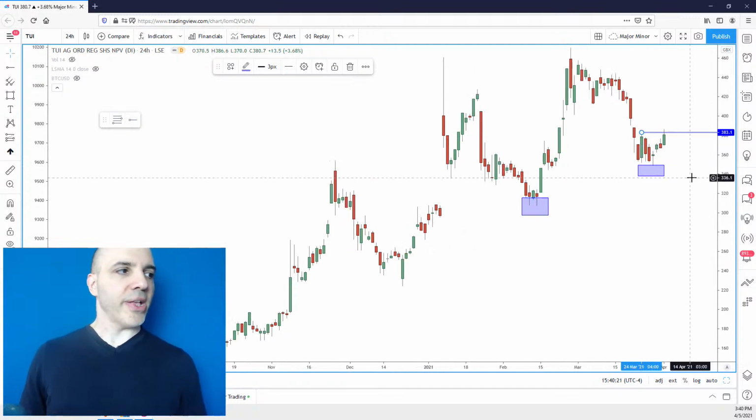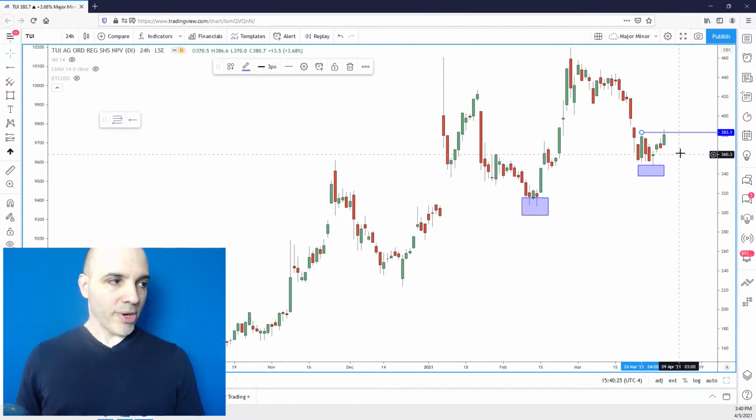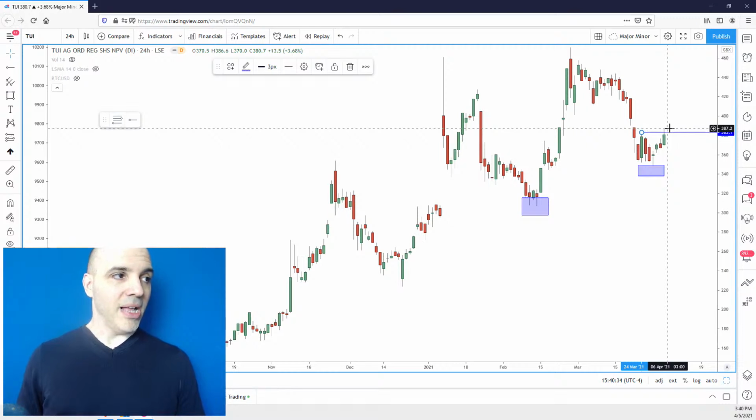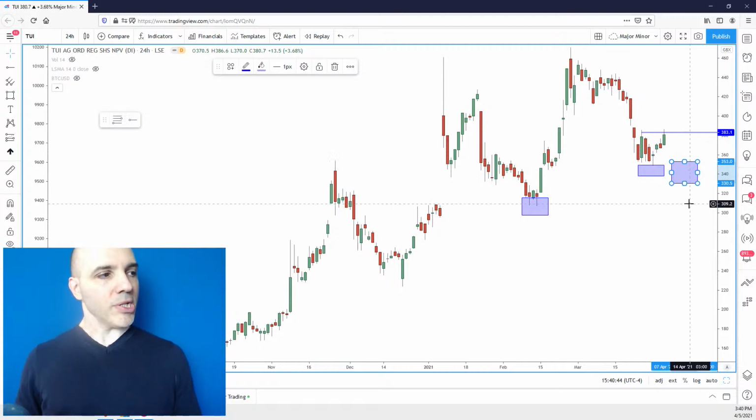So this is where things could be a little tricky. If you buy this now, you're taking a lot more risk than you probably should. It could give you a failed breakout, like a failed range breakout there, and now you have to take more pain. The best price you could get is around that 349, 350 area. That's where your reward risk is the greatest, over in this area. So in this situation, I would just wait.